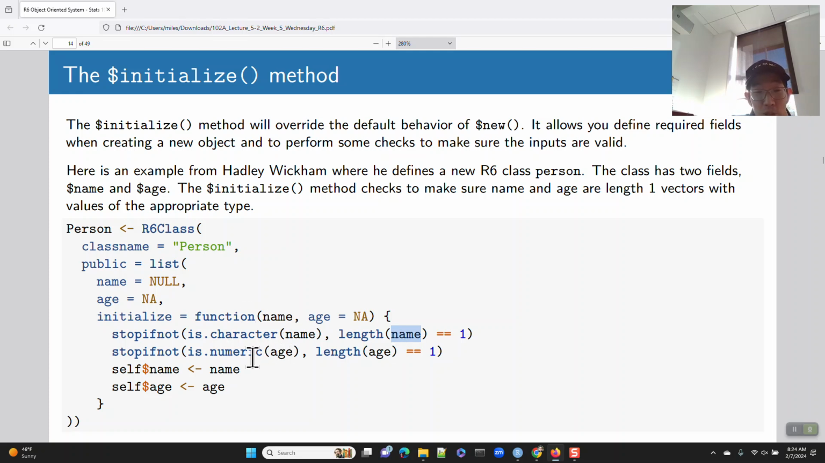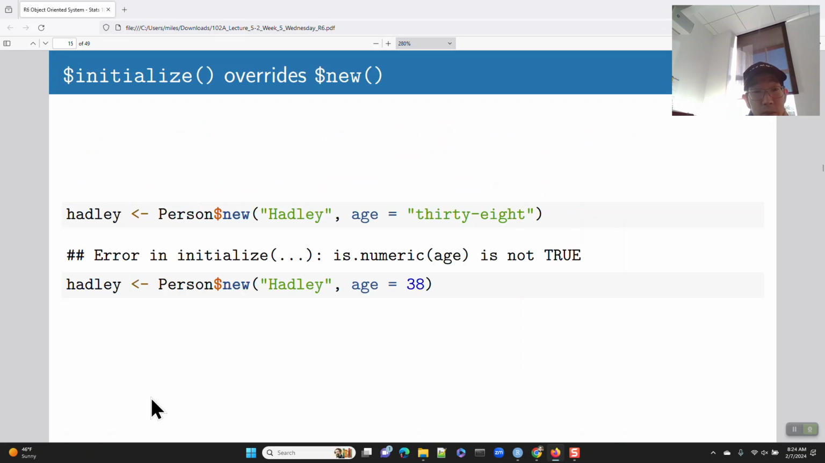And if it passes those checks, then we're going to take name, assign it to $name. We're going to take age, assign it to $age. All right, so we can say Hadley is a person, okay, $new. So we're going to hit the button on the person generating machine, and it asks, hey, what values do you want to have in this person that the machine's going to spit out? We're going to say, okay, we want you to give it the name Hadley. We also want you to give it the age, and for age we put in a character vector 38,